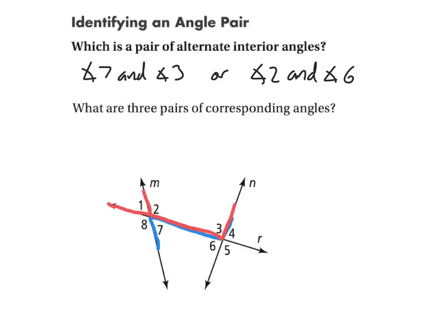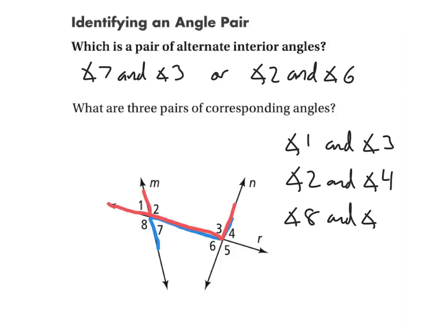I heard angle 2 and angle 4. Angle 8 and angle 6. What's our last pair then? Angle 7 and angle 5. Any questions on identifying your different angle pairs? No. All right, your assignment for me today